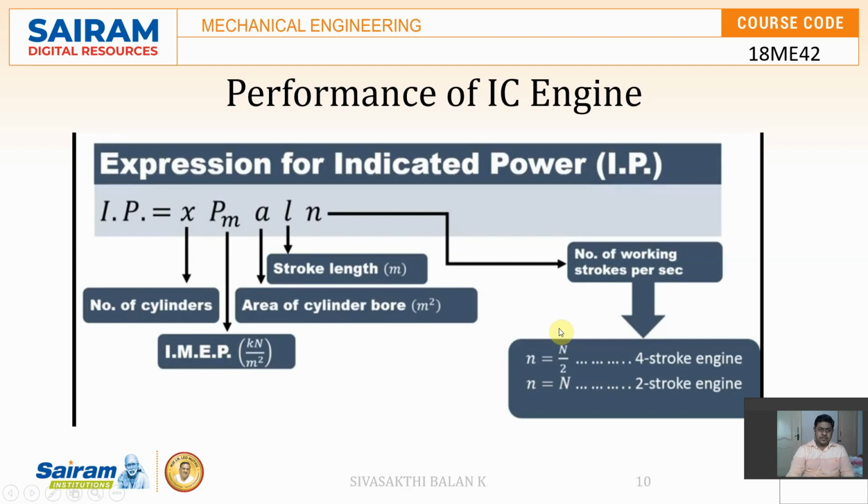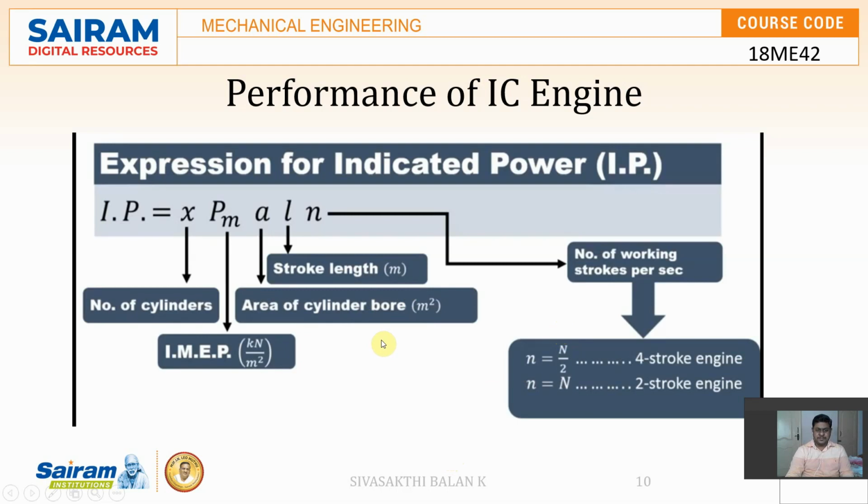First, we need to find the expression for indicated power. Indicated power is nothing but the amount of power generated inside the cylinder. We call this the inside cylinder input power for getting the usual work output. And this is expressed in the form of x into pm LAN,